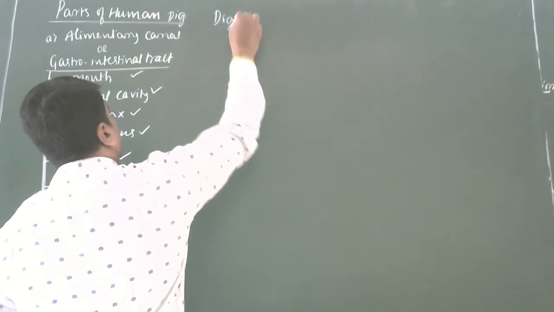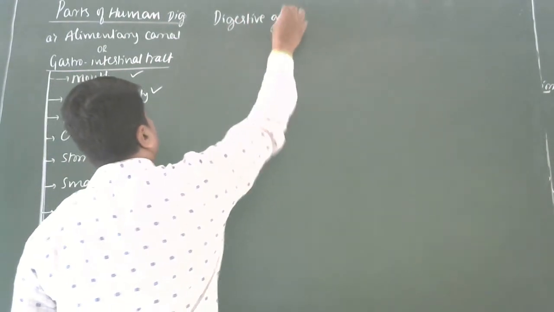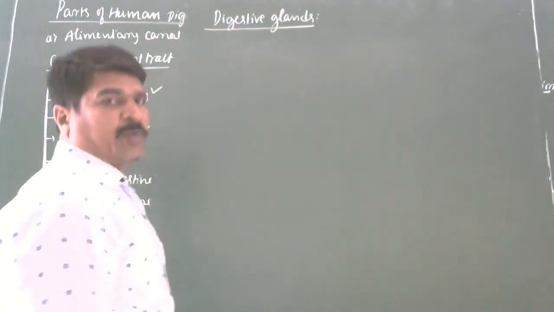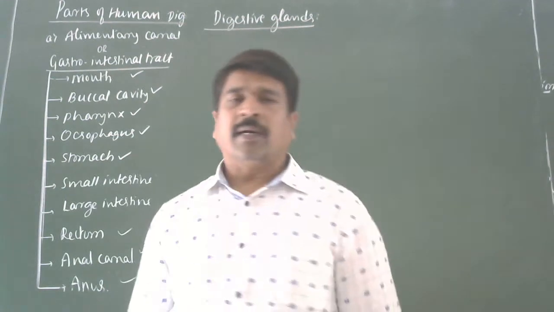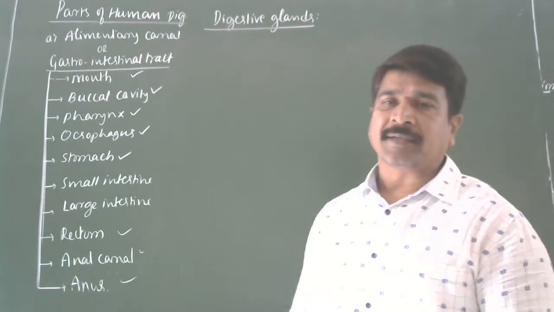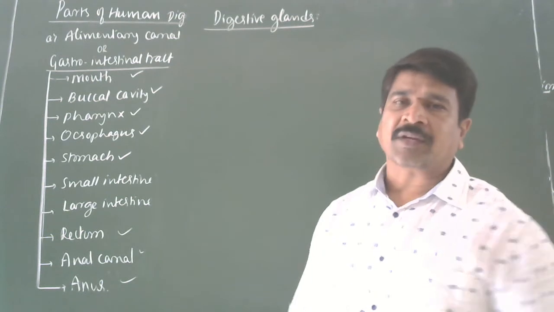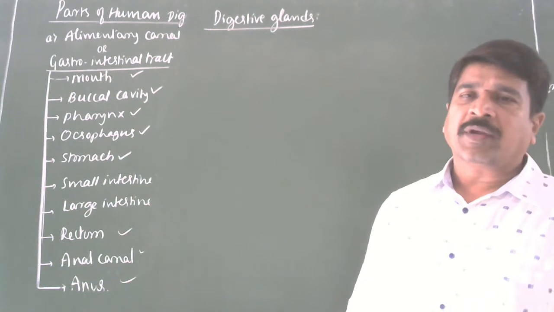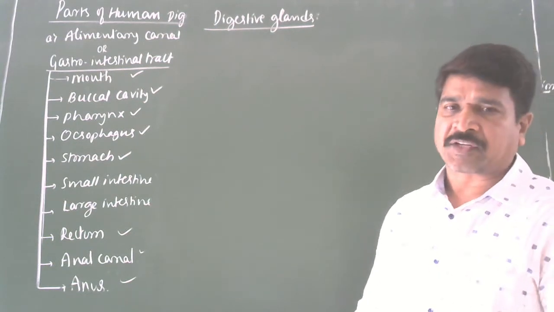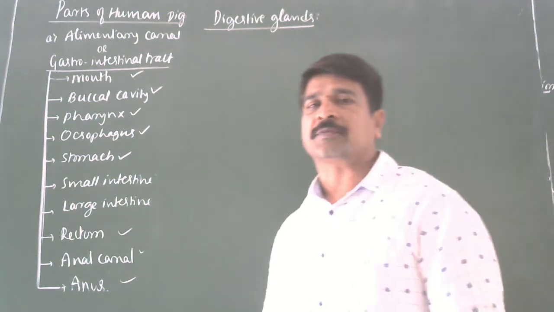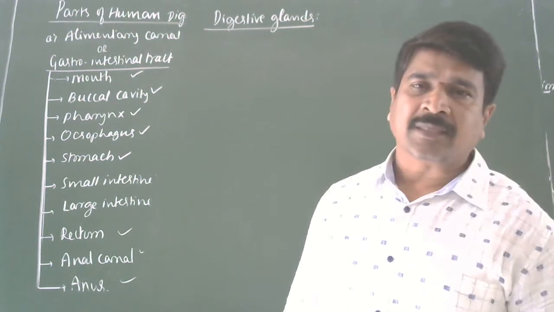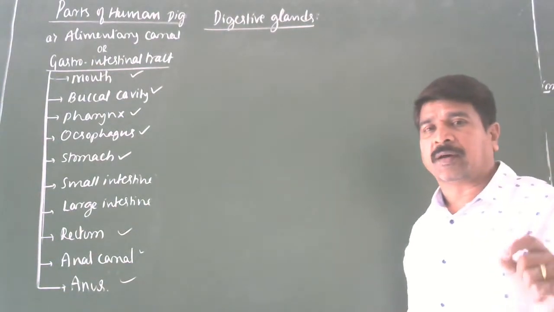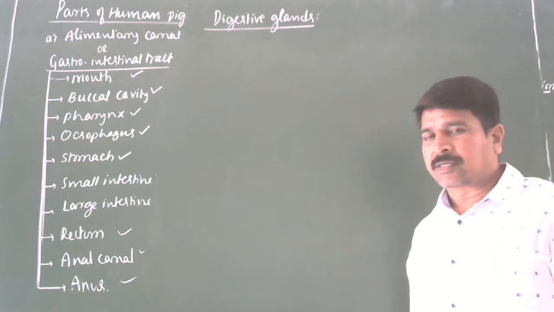Yes. Now let us come to the digestive glands. Dear students, before going to the digestive glands, I would like to mention the types of glands based on the shape. In the structural organization in animals, we have discussed the 2 systems of classification of the glands. One is based on the number of cells involved for the secretion: unicellular glands, multicellular glands. Then based on the presence or absence of the duct, 3 types of glands we have completed: exocrine, endocrine, heterocrine or dual glands. Got it? These are only in your syllabus.